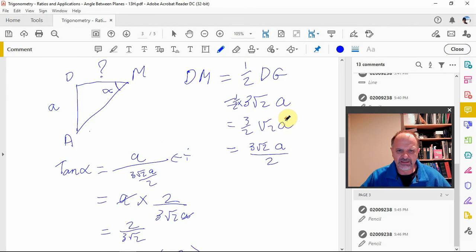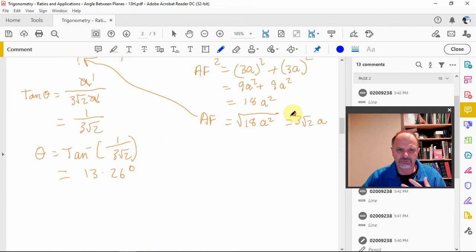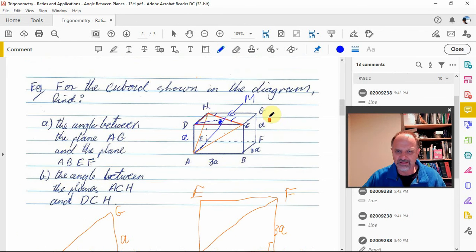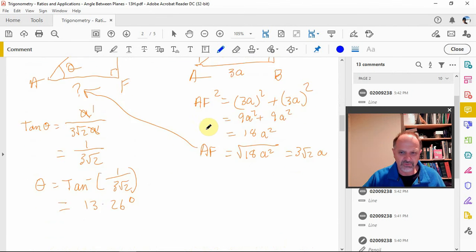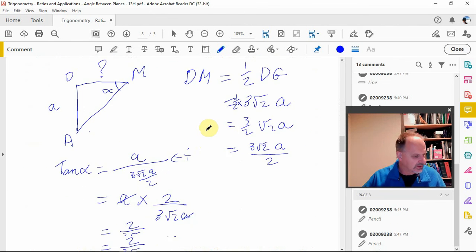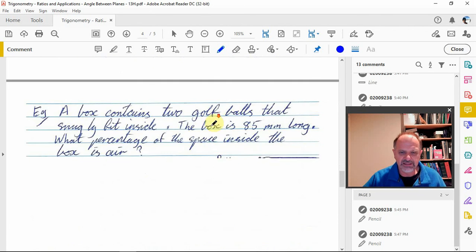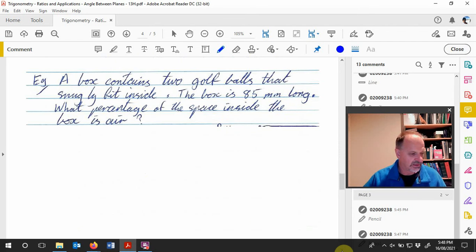All right, and as I said, bring them out, draw them, see what else you might need. Then look at what part of the diagram you can use to find what you need. All right, another example. So that's between planes. Here's another different sort of